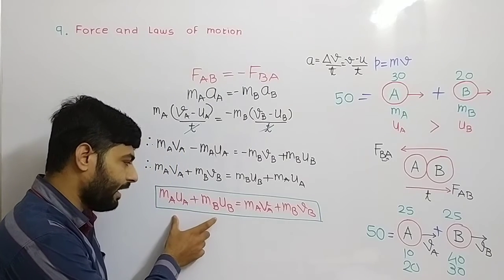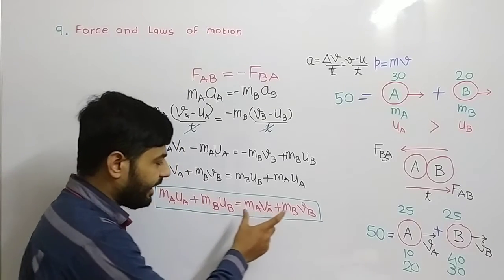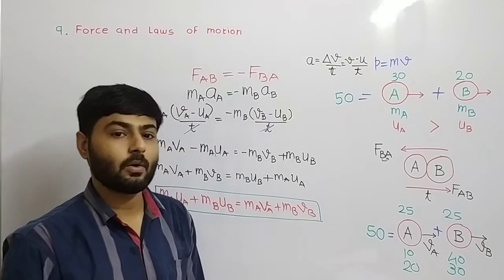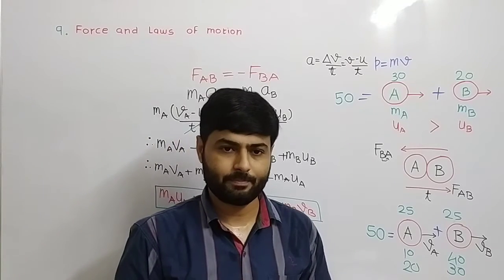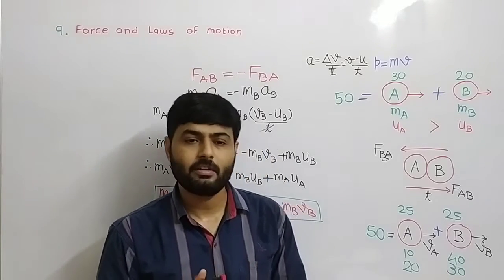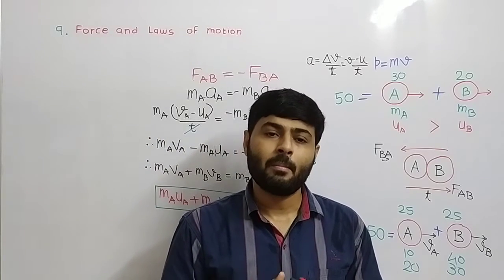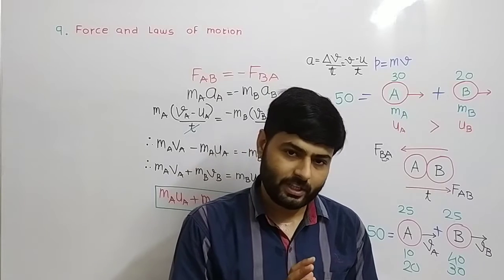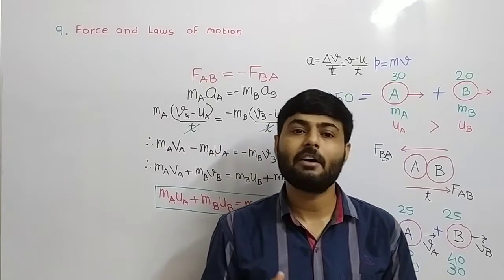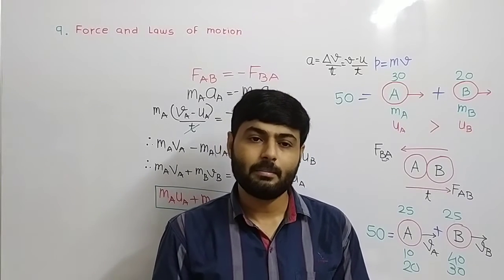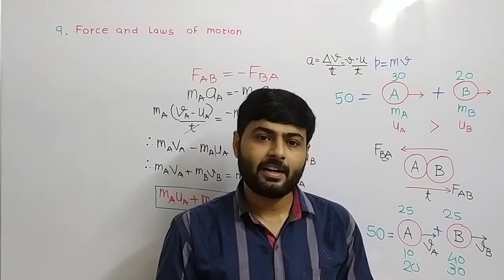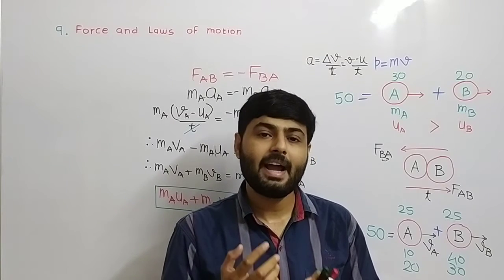So momenta before collision and momenta after collision will be the same. So the conservation of momentum states that momenta before collision and momenta after collision will be the same unless acted on by